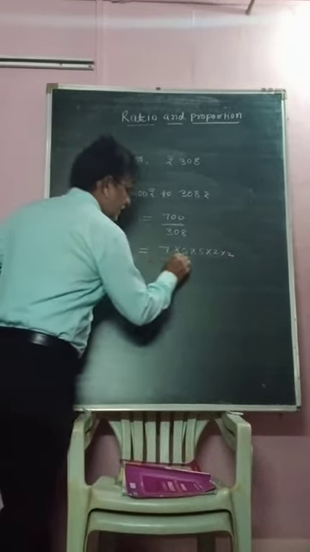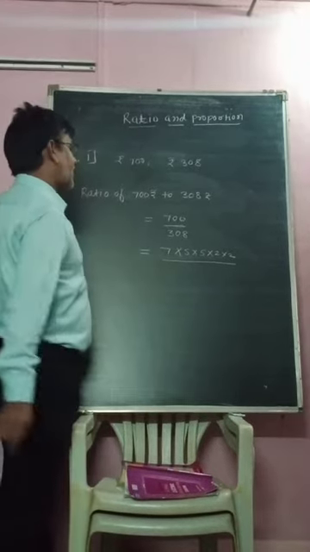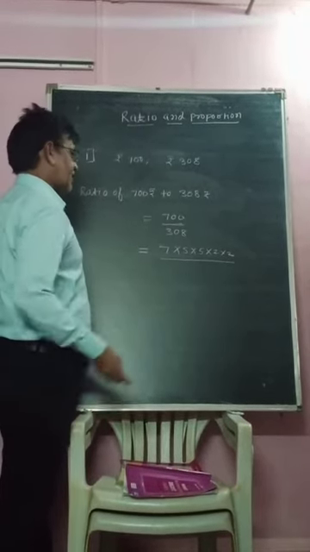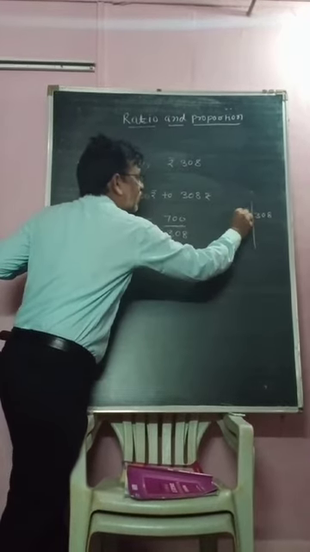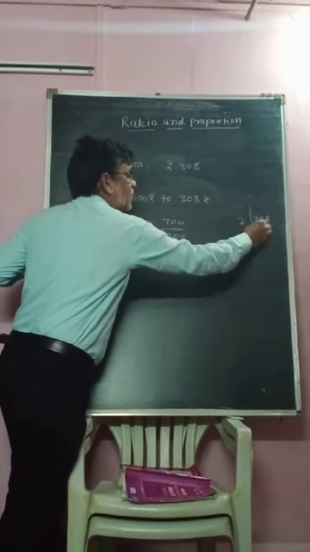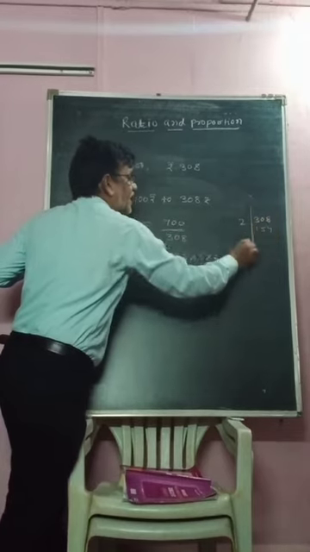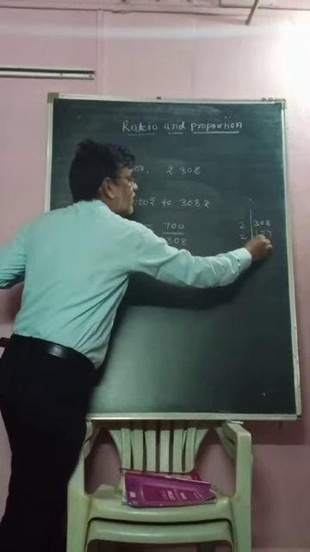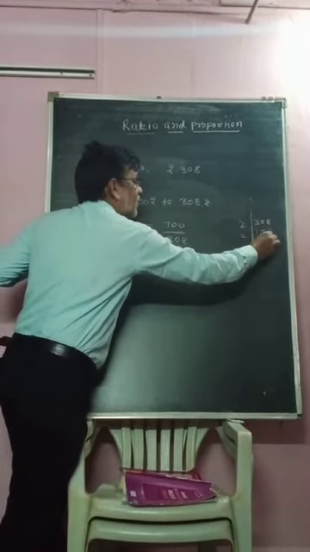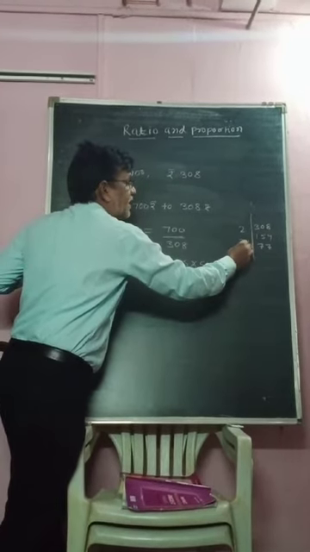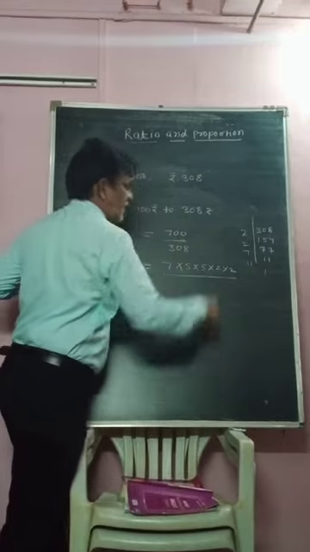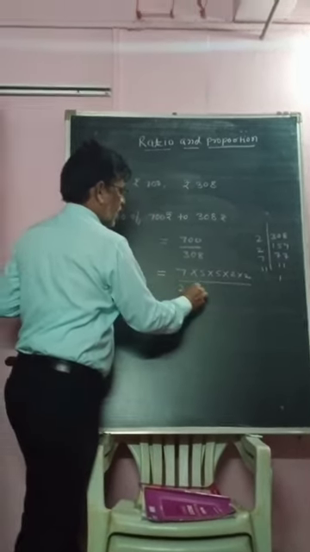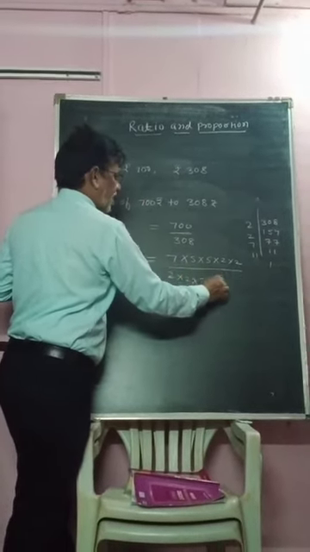Now similarly you have to find out the factors of this 308. See 308. First you have to divide by 2. 2 ones are 2, 2 5s are 10, 2 4s are 8. Again by 2, 2 7s are 14, 2 7s are 14. Right? Then 7 ones are 7, 7 ones are 7. Then 11 ones are 11. These are the factors: 2 into 2 into 7 into 11.